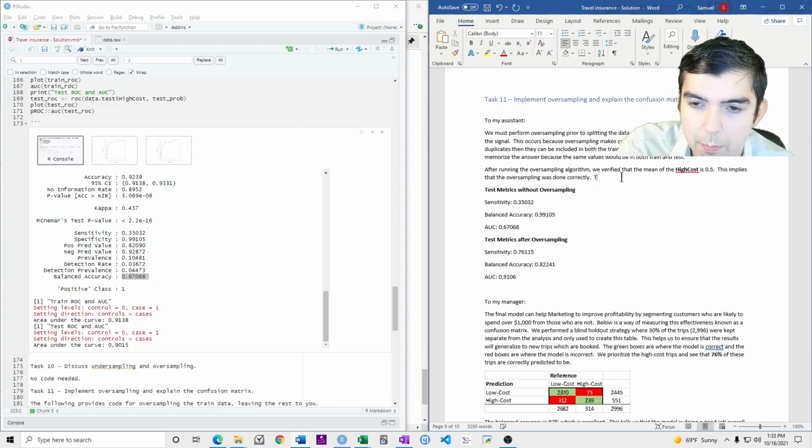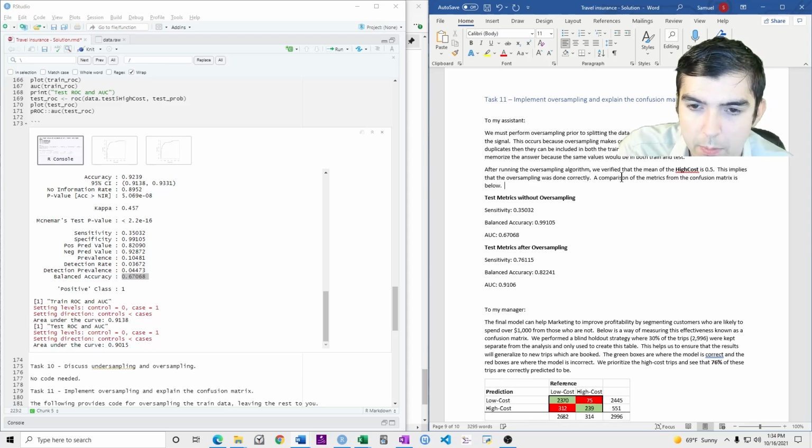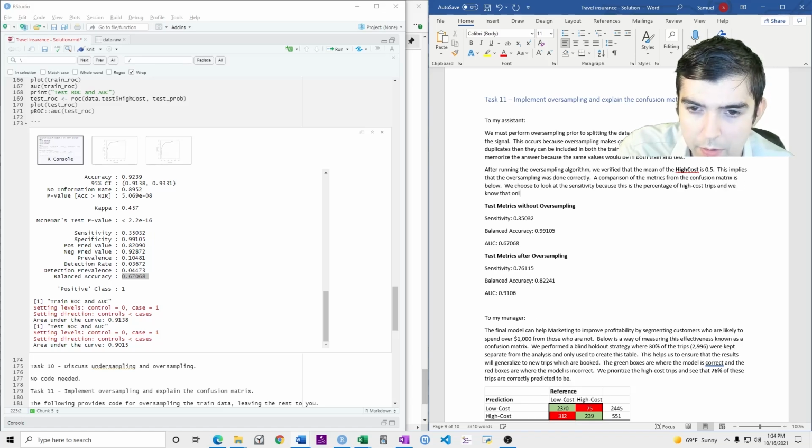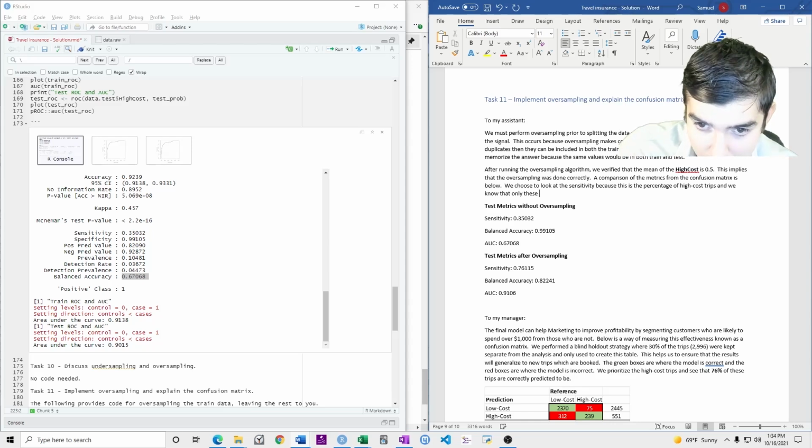A comparison of the metrics from the confusion matrix is below. We choose to look at the sensitivity because this is the percentage of high cost trips, and we know that only these trips will consider purchasing travel insurance.